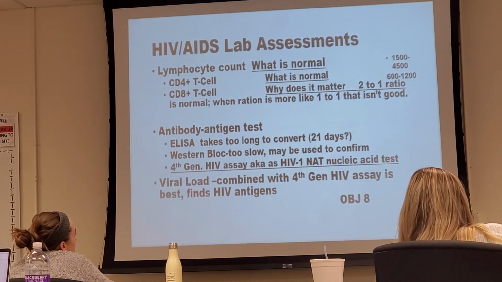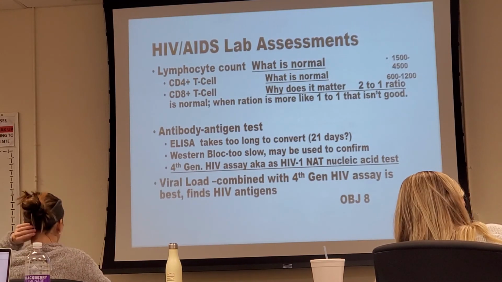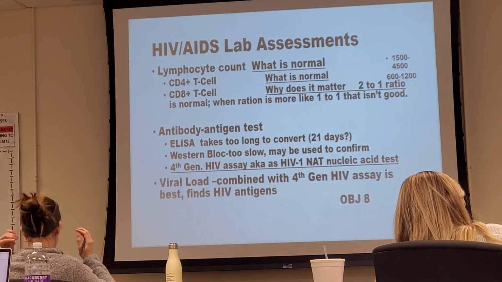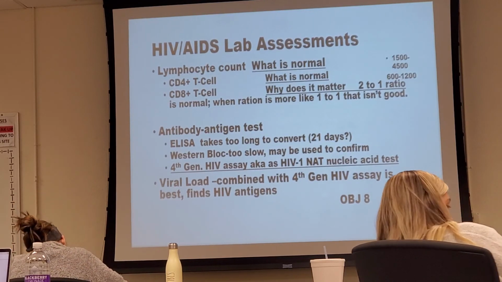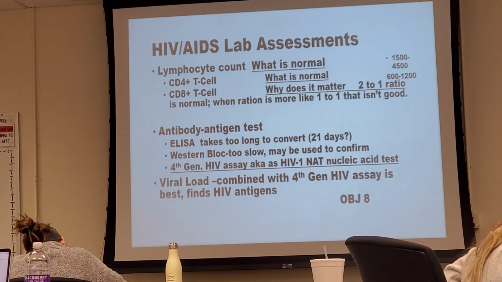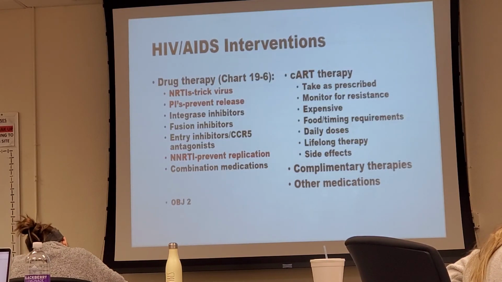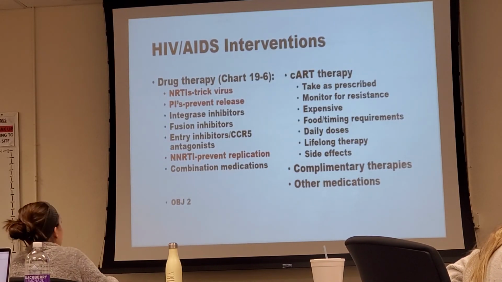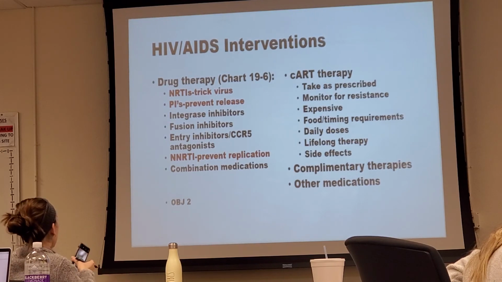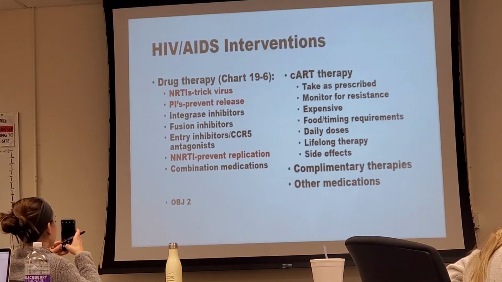You could draw the blood and it would take maybe 3 weeks to convert with an ELISA. So that's not really used very much anymore. Okay, so we've covered really this slide,